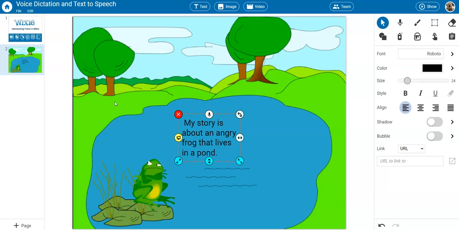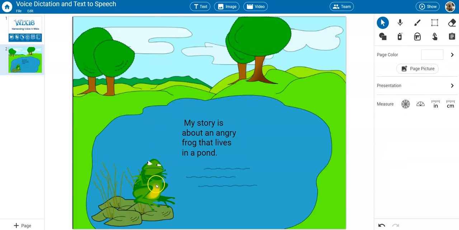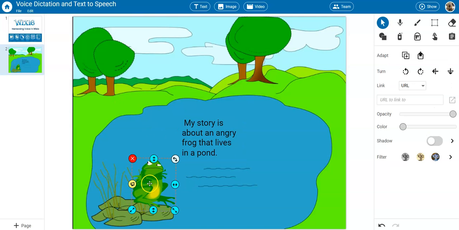Images in Wixie also include text-to-speech options. Choose an image and click the yellow text-to-speech option. Angry frog. Teachers can also use the alt text option in Wixie to change the name of image files to